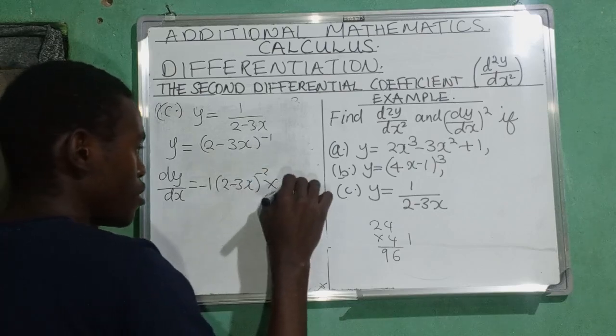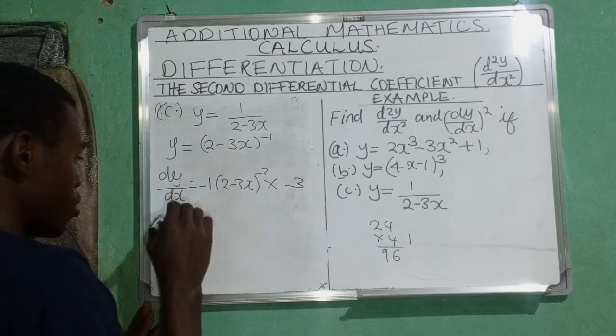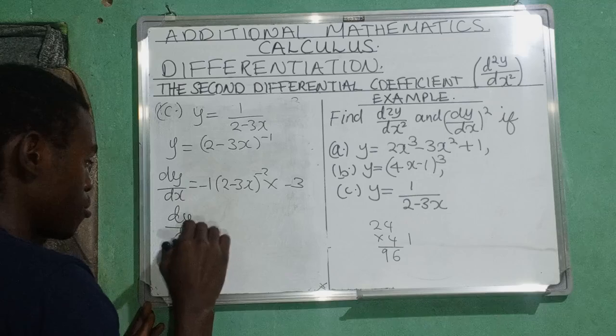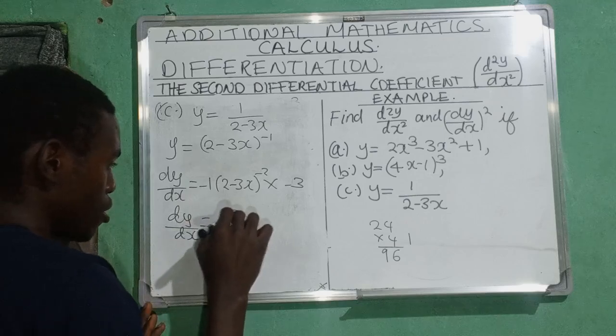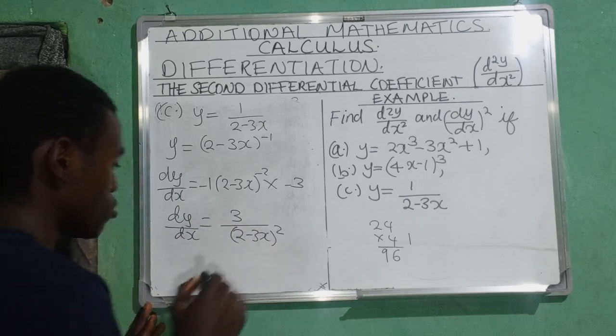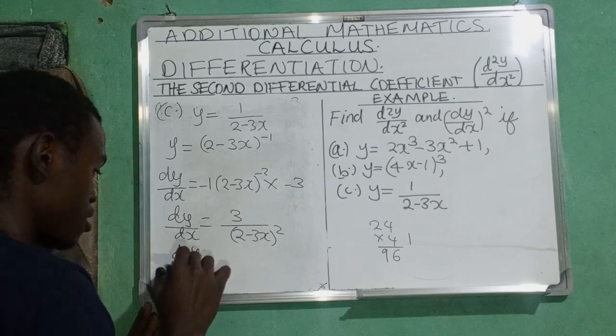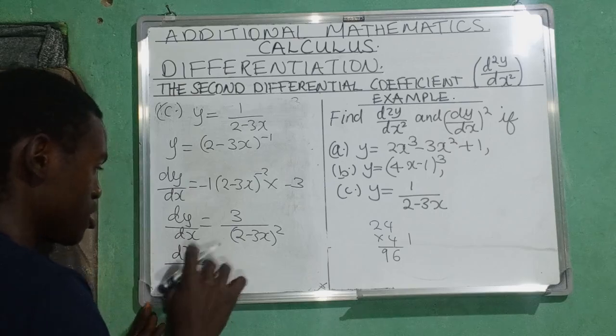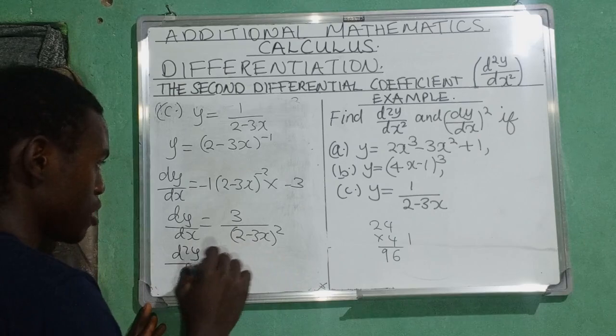You multiply by the derivative of the core, which is negative 3. Your dy/dx would be equal to 3 divided by (2 minus 3x), everything being raised to the power 2. And then your d2y/dx2, which is differentiating your dy/dx, would be equal to